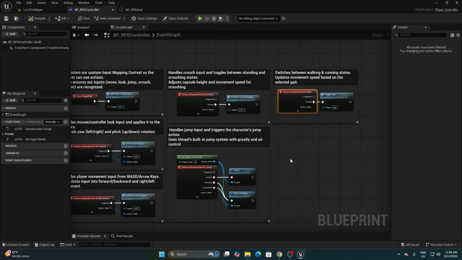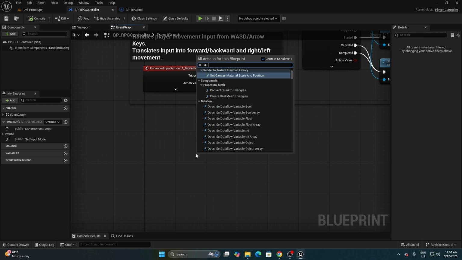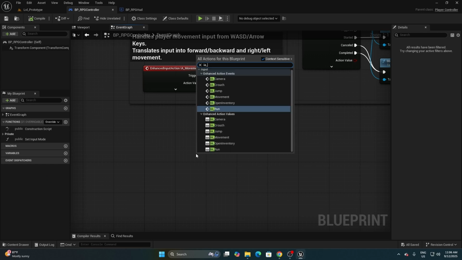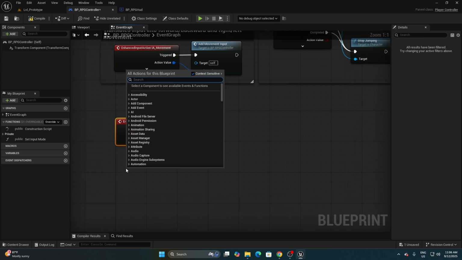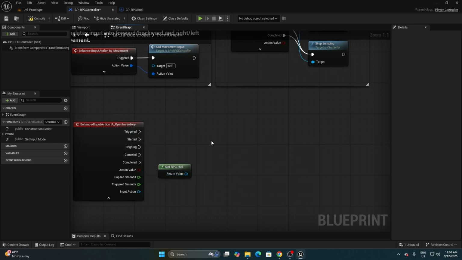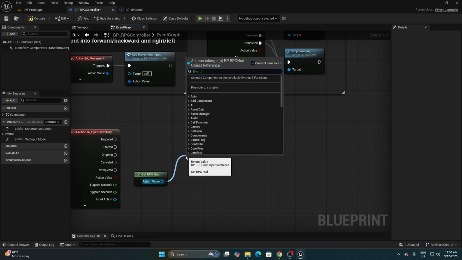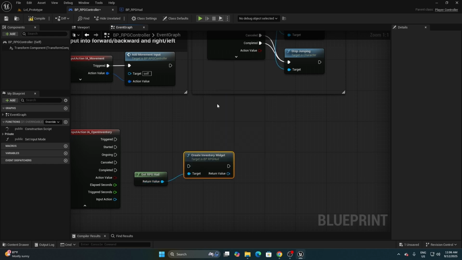Now within our controller we can search for IA underscore open inventory, and then we can get access to our HUD. So let's get RPG HUD, and then call this function off of the started. I'm going to call create inventory widget,